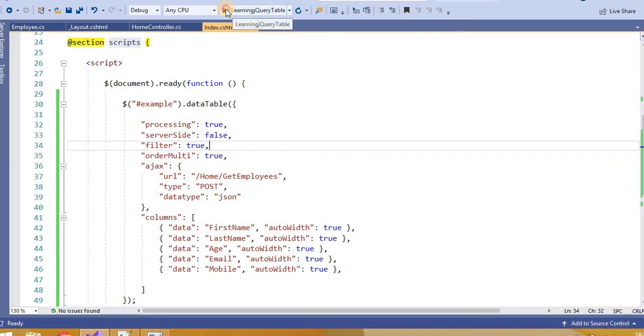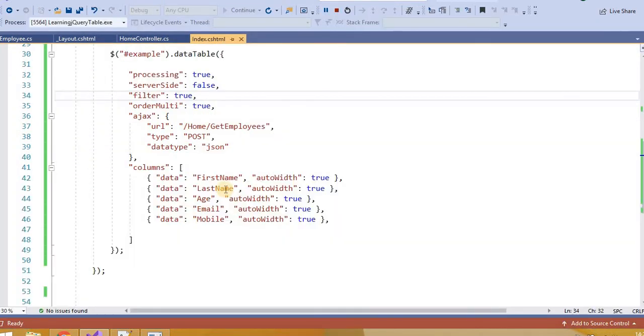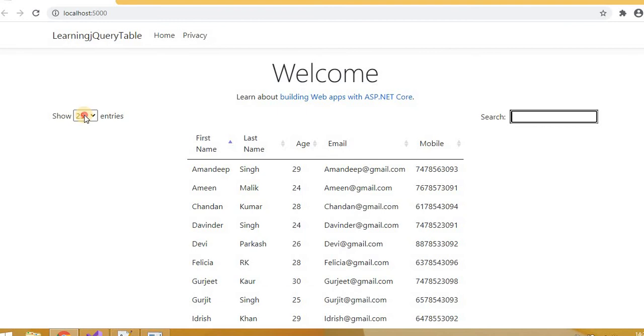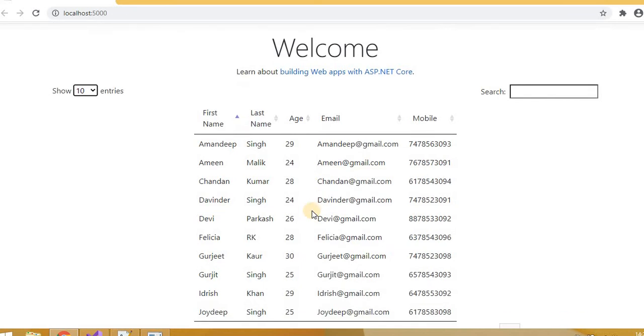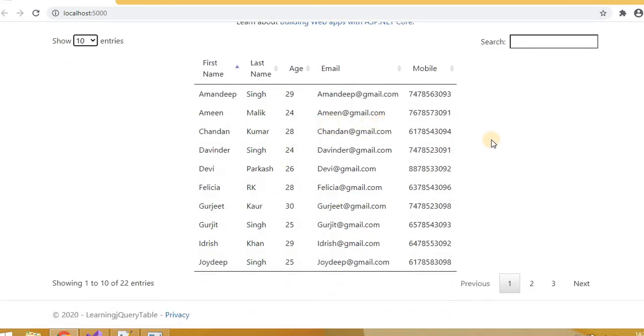Let's run the application now. Application is running now. Let's see the output. Oh, this is the output, right? Actually, I removed those buttons here. We will implement that as well for the CRUD operations, like how we can edit and delete. Currently, I'm showing just the data from the database inside the grid.